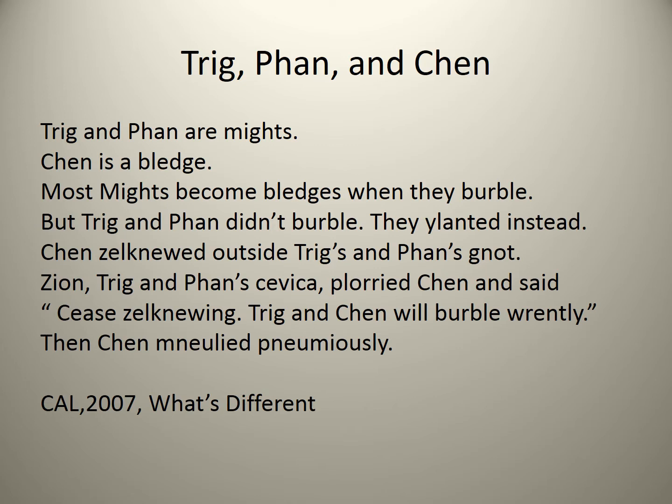Read along with me. Trig, Phan, and Chen. Trig and Phan are mites. Chen is a bledge. Most mites become bledges when they burble, but Trig and Phan didn't burble, they yelanted instead. Chen zelnude outside Trig's and Phan's knot. Zeon Trig and Phan sevica pluried Chen and said, "See zelnuing, Trig and Chen will blurble rently." Then Chen manulied